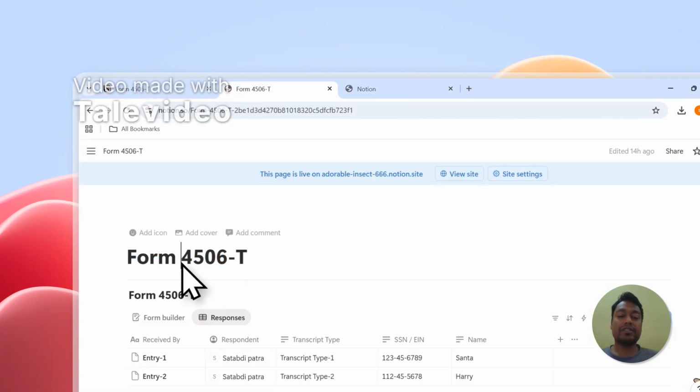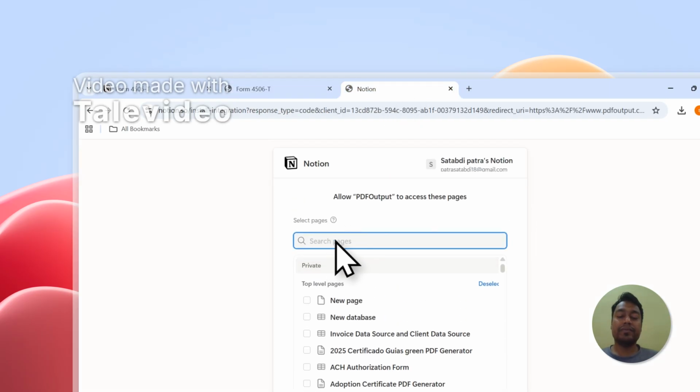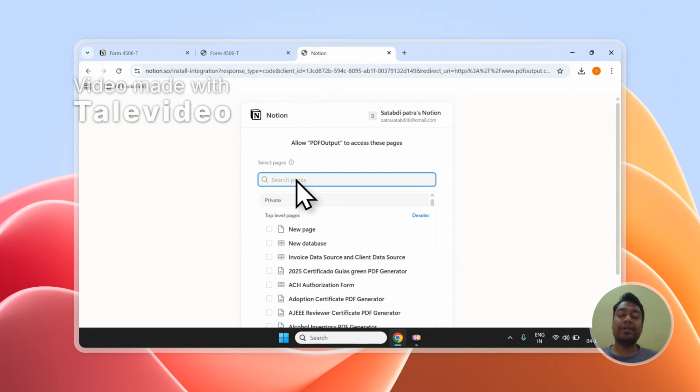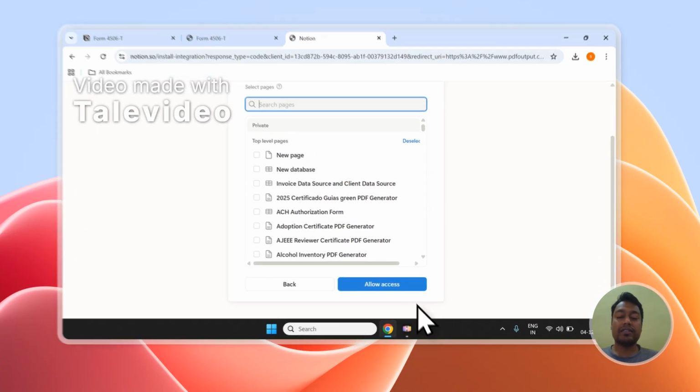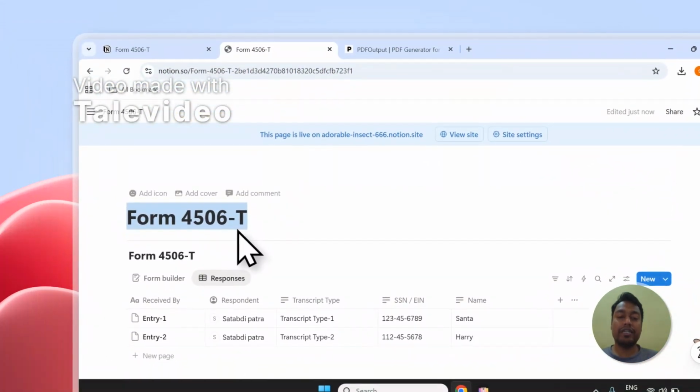Alongside this, if your form is connected with other databases through relation properties, so let's say my form 4506T is connected with database A and database B through relation properties, I also need to add database A and database B inside the search pages so that the PDF file which will be created will have all the relation and rollup values appear correctly in the document. Otherwise, the relation and rollup values will not be visible in the PDF file which will be generated. Having considered all of this, let's click on allow access, and now I should get access to the form 4506T,